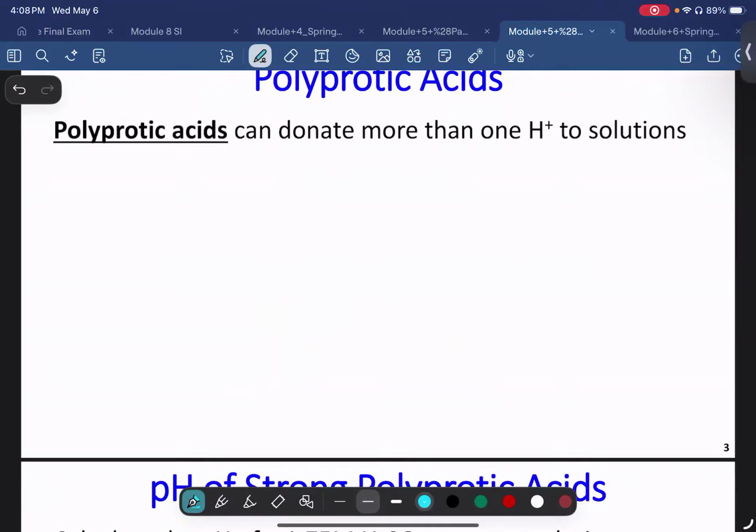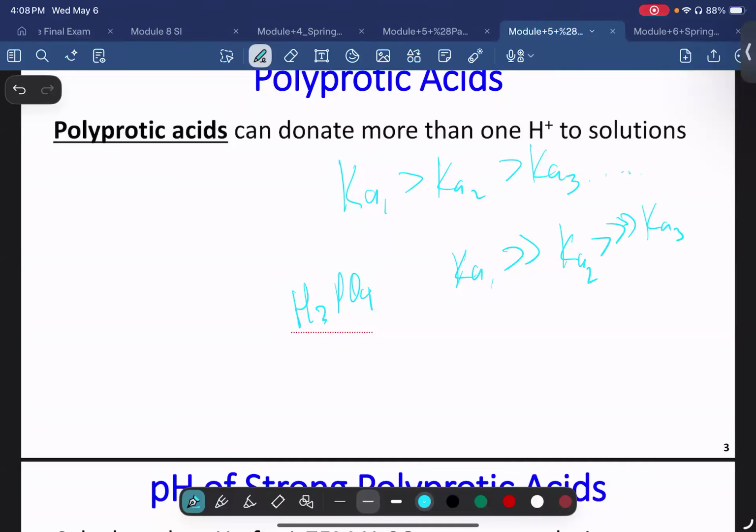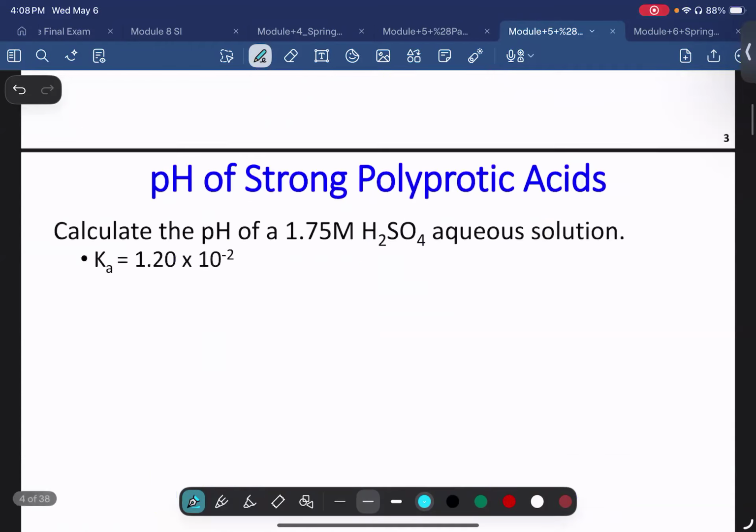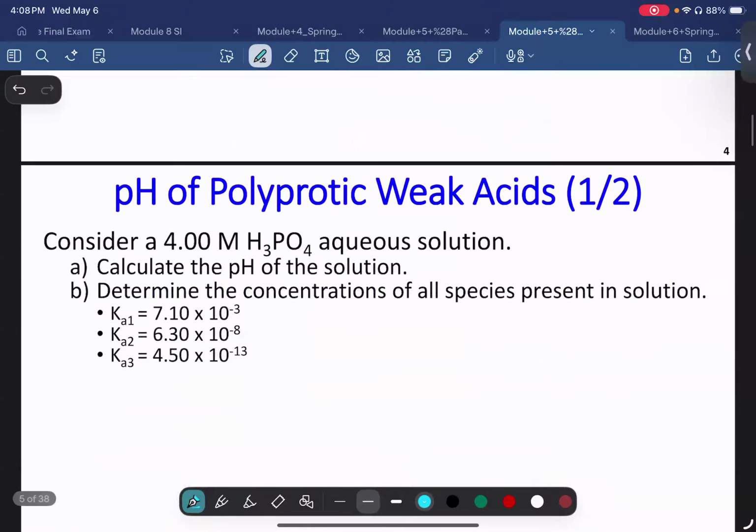The idea with polyprotic acids, right? One concept is that Ka1 is greater than Ka2, which is greater than Ka3, and so on and so forth, right? So like phosphoric acid, the first Ka value is going to be significantly greater than the second one. And then the second one's going to be significantly bigger than the third one. And why that's important is if they ask you to find the pH of phosphoric acid, you are going to be able to use only the Ka value of the first one to find the pH because the hydronium produced in the second and third is so much more insignificant than the first